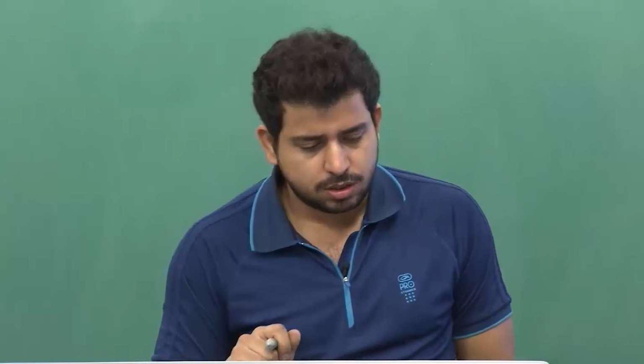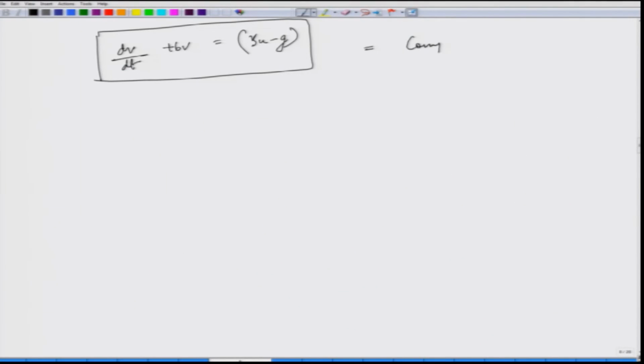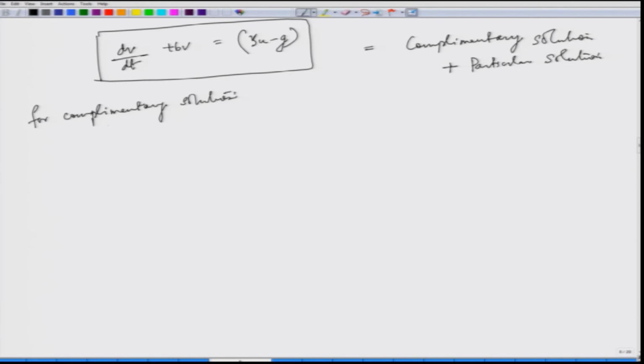So, how will I solve this equation? Generally the solution of such an equation is given by the complementary solution plus the particular solution. So, how will I find the complementary solution? For the complementary solution, you can write dv by dt plus b times v is equal to 0, which gives me dv by dt